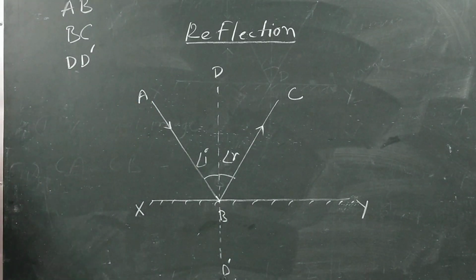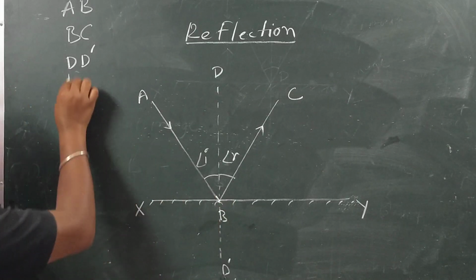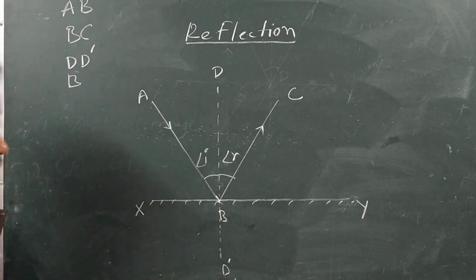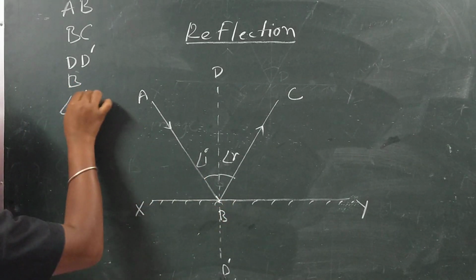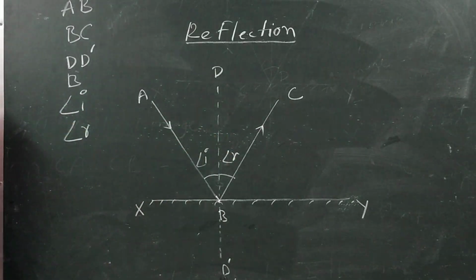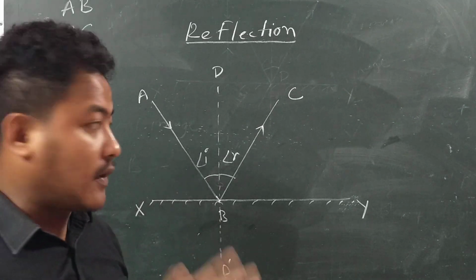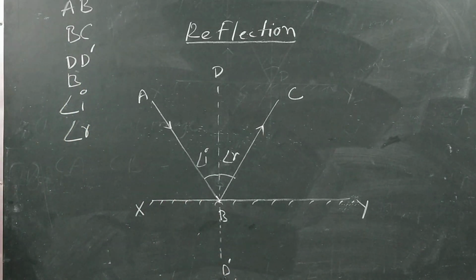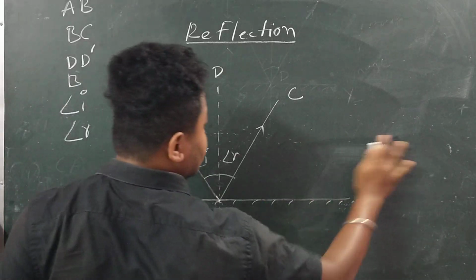Now in this case we can form two formulas from here. If I consider this is point B, this is going to be your point of incidence. Then you can find angle I is the angle of incidence, and this angle R is the angle of reflection. Now one thing, if you observe in this diagram, you can find that this AB